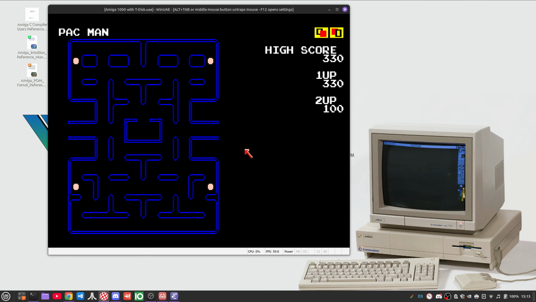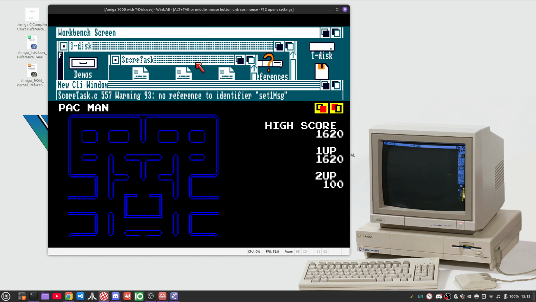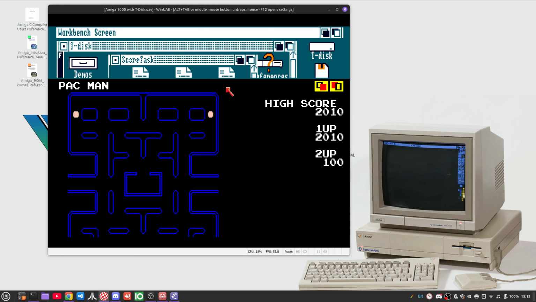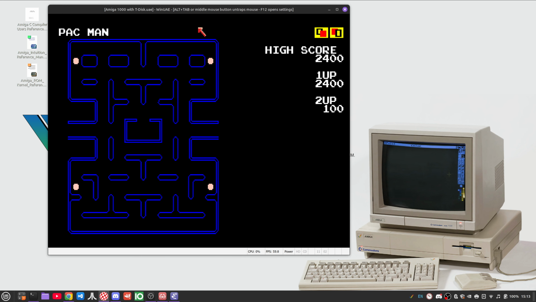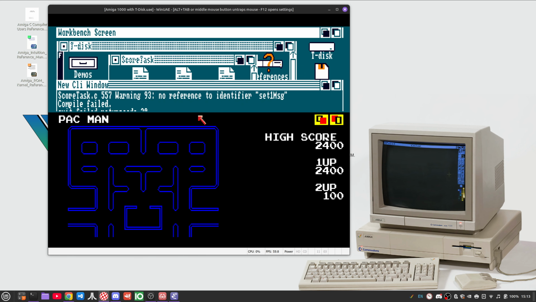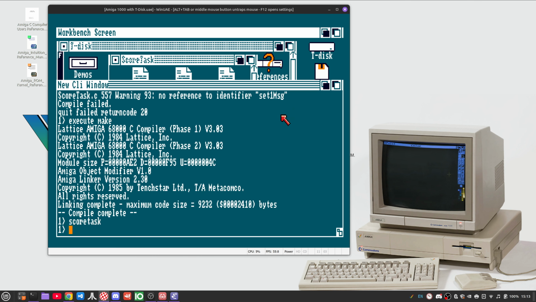Now you'll see that if we run our ScoreTask, you see our blinking power pellets and you see our moving scores here. All this happening nice and neat in the context of our multitasking environment. Once it finishes at 2400 points, the delay happens and the program exits. Hopefully I didn't do anything stupid. Maybe I did, maybe I didn't. Oh, there we go. Okay, so the program finishes, we're done, everything gets torn down, and thus ends this